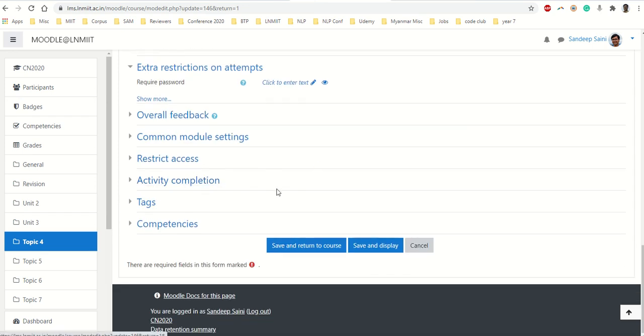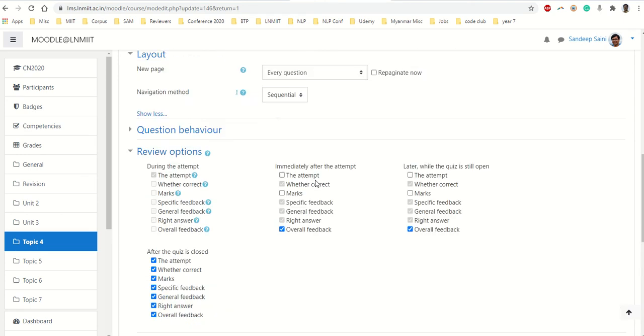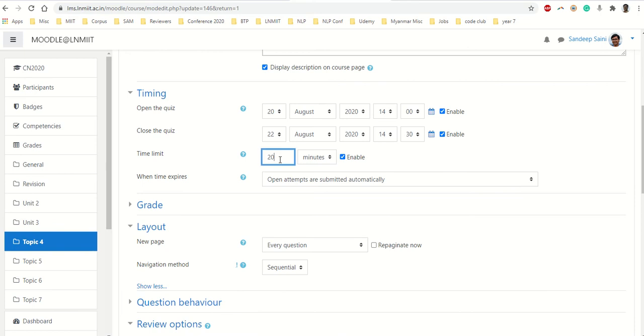So now the quiz is going on, and students ask you, sir or ma'am, we want 5 extra minutes or 10 extra minutes. And you also think, okay, right, that should be given. So the quiz is going on, you can still come back to the quiz settings and change the time, and you can make it any minutes. You can change the closing time. You can do this as far as this is a future value.